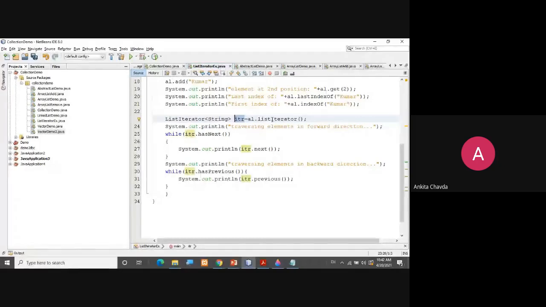Okay, so now we are traversing the elements in the forward direction. So I'm writing here while itr dot hasNext. The hasNext method has a boolean return type. Do you remember that? Boolean, right? So it returns whether it is true or false. It will return true if more elements are there to read in the ArrayList class.